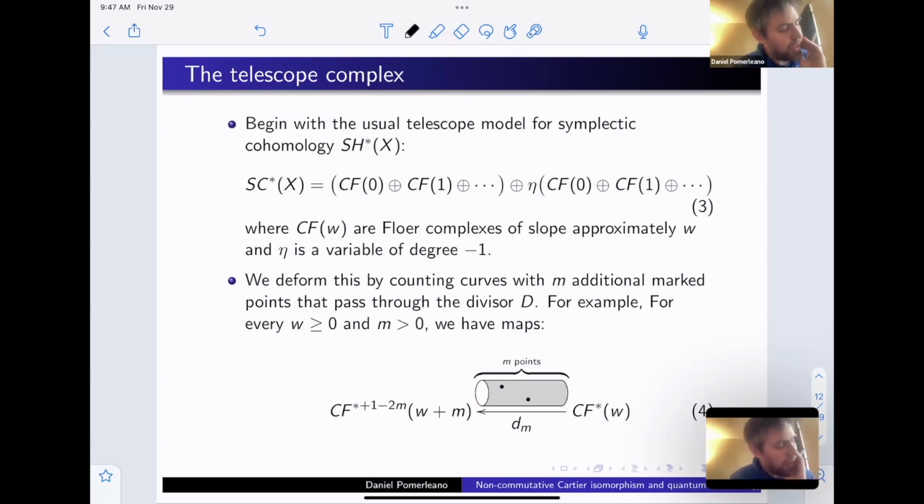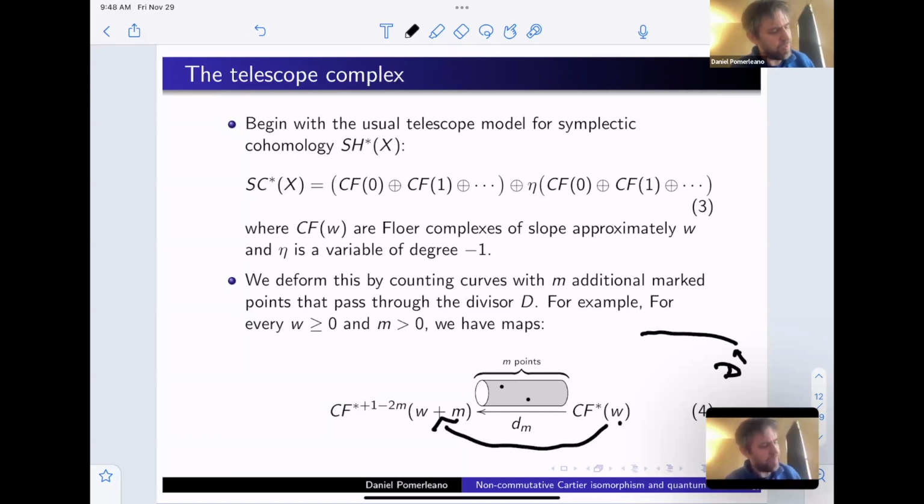But when I do this, to make things work out well, it'll be important that I'm not just going between my Floer complex of slope W and itself, but that I also simultaneously increase the slope. If I think about these Hamiltonians, they're modeled on a rotation near the divisor. The Hamiltonians I'm looking at always have a set of constant periodic orbits along my divisor D. If I naively tried to count things like this, but